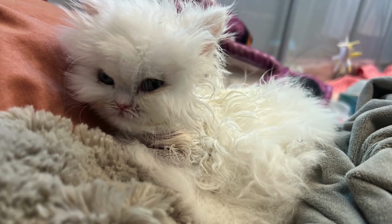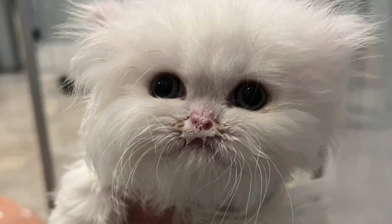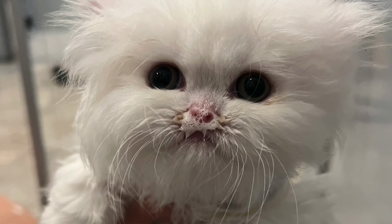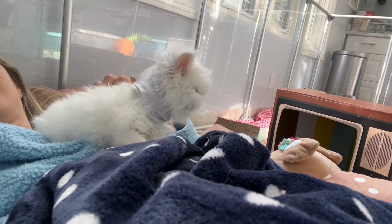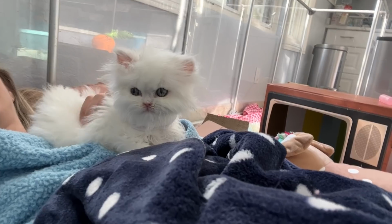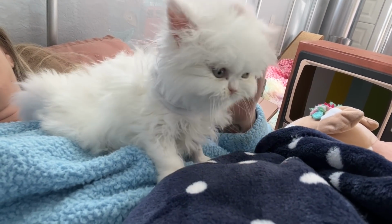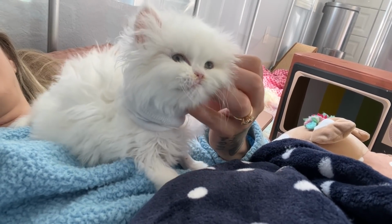During the 4 days that he had it, he experienced nausea, reflux, severe nasal discharge, weight loss, and most frighteningly, he vomited, which is really scary for a kitten with such a severe cleft palate. I worked so hard to manage all of it. I stayed by his side 24/7. I even slept on the nursery floor with him for 5 nights straight. Ultimately, with everything we tried, we weren't able to get it to work for him, and it was decided to